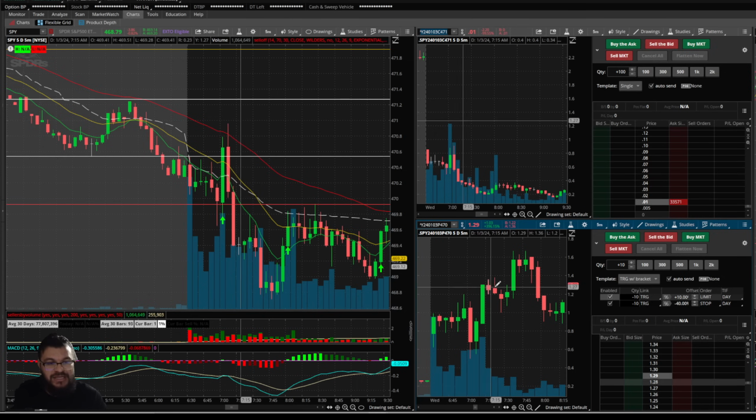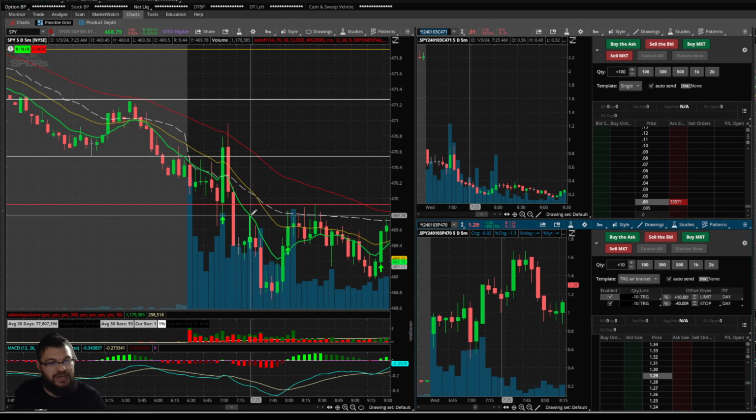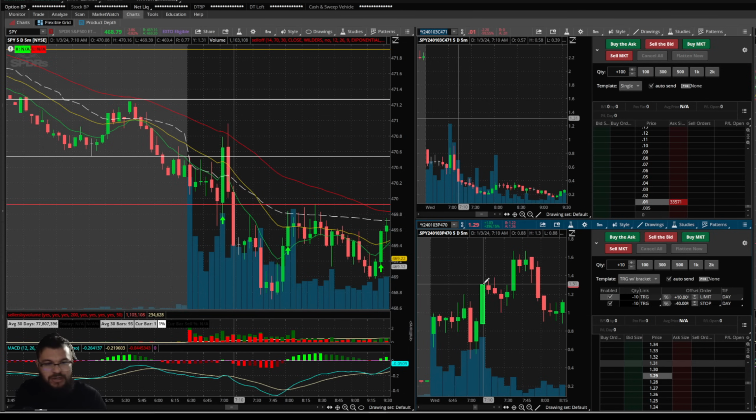Now, had I taken the trade here at 130, notice what happens when it pulls back here to this 9 EMA. It comes all the way back to $1. I would have lost, like, 25%, right? $1 to $1.30 is 30%, right? So I would have lost close to 30% on this trade by getting in, and I didn't feel comfortable getting in here. I felt the move was already extended.